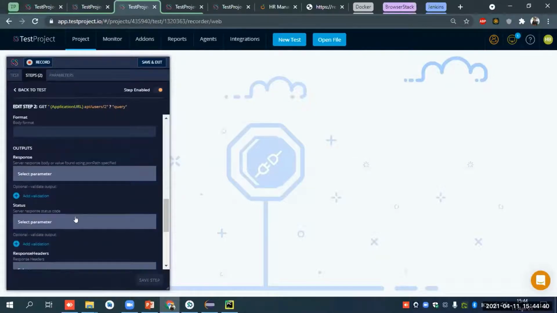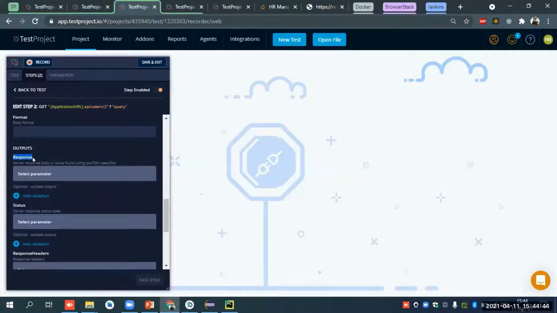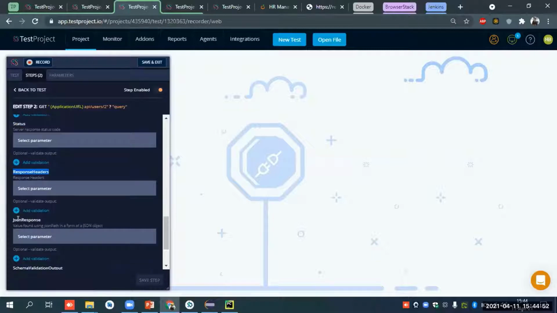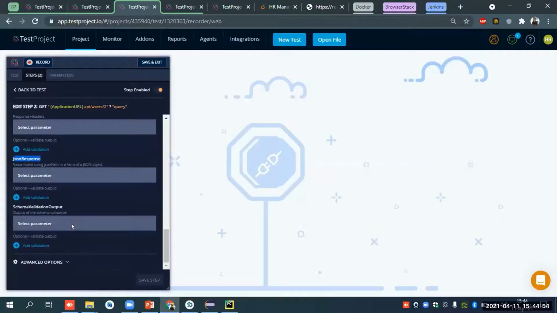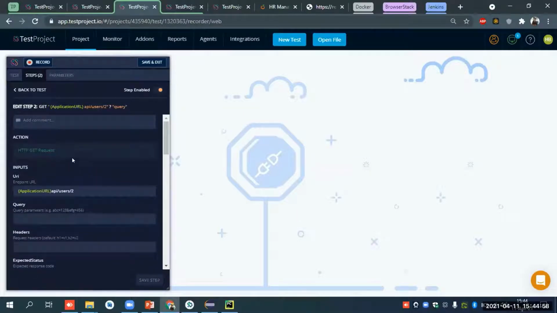Here as an output, if you want to store the response, you can store the whole response. If you want to store only the status, you can store the status. If you want to store the response headers, JSON response, schema validation, you can do all of those things with the API.